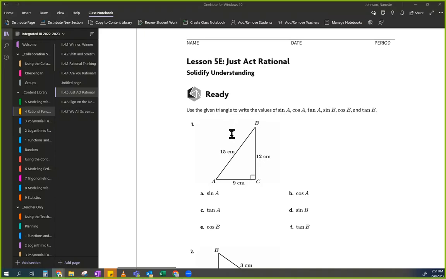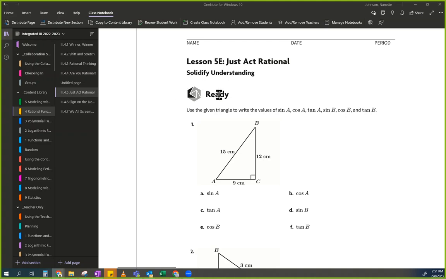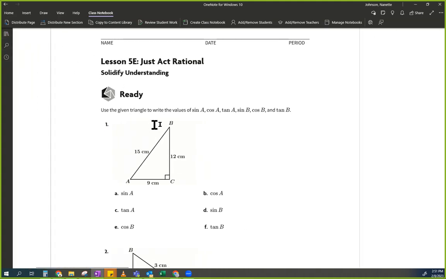Okay, so we're going to go over a couple of review problems. This is from 4.5 Ready, and we're really talking about sine, cosine, and tangent of the angles. A couple of things I want you to remember from before are that sine, cosine, and tangent are just ratios of sides, meaning they equal a side over a side of the triangle. And you just have to remember which sides we're talking about based on whether I give you sine, cosine, or